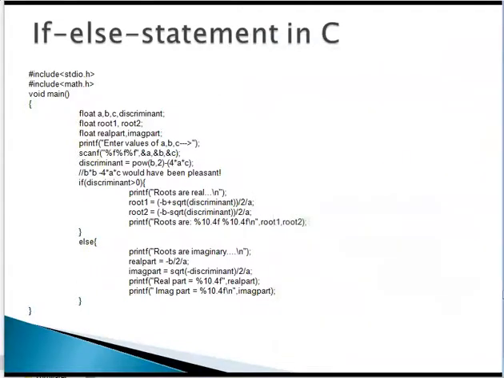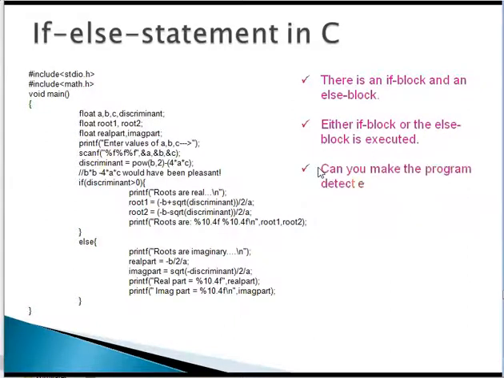What I mean to say is, this is all about if and else. If a block, else a block. That's what I've written here. Either the if block or the else block is executed depending on this condition.